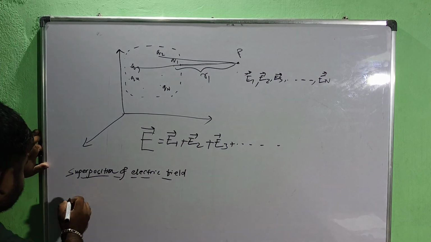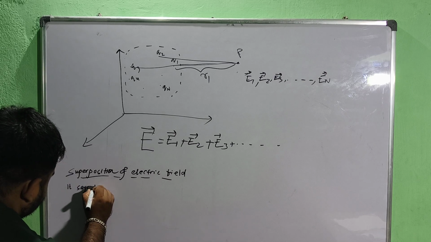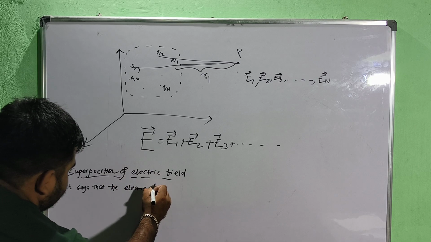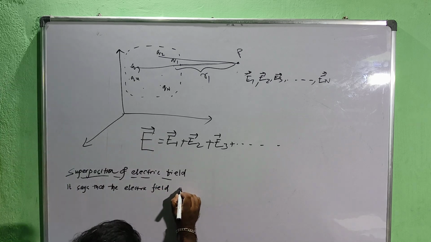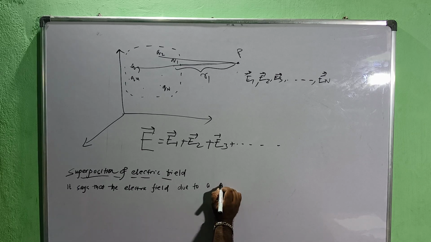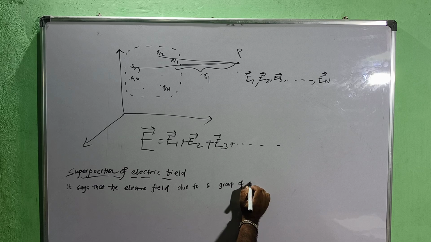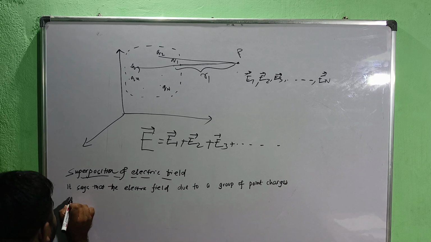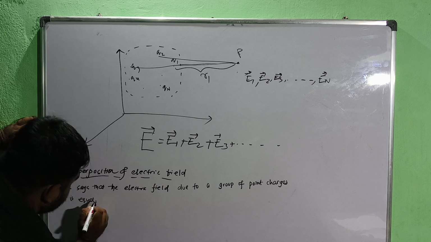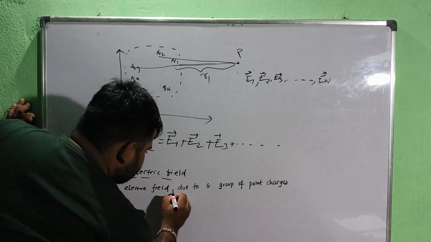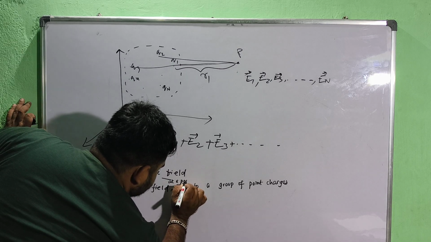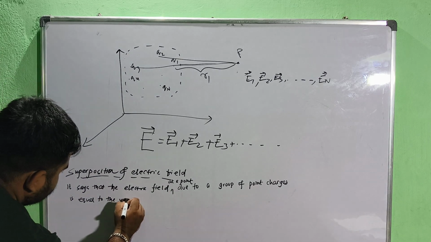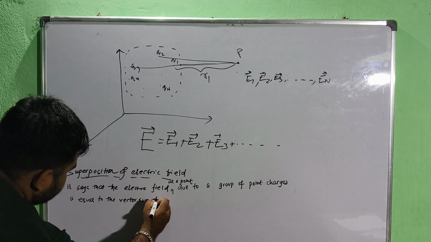It states that the electric field due to a group of point charges is equal to, it says that the electric field at a point, sorry, I have to include it, at a point due to a group of point charges is equal to the vector sum